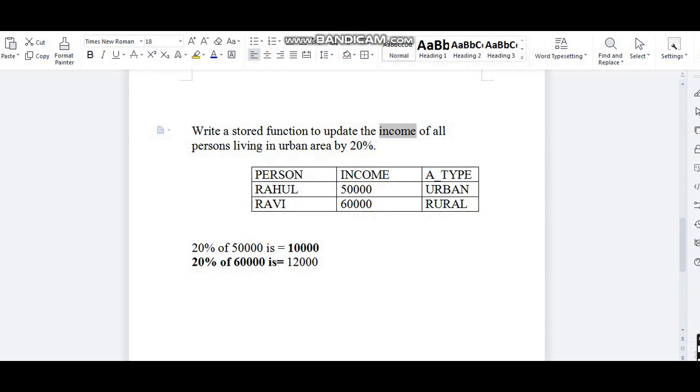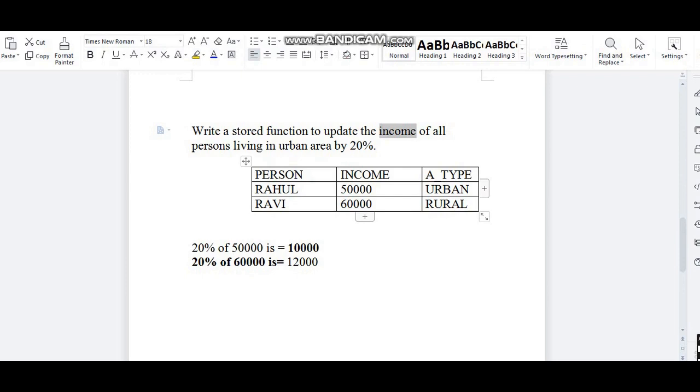One is person and the another one is area. Right. And understand what we have to ask our function to perform. We are telling the function that please update the income of the persons those belong to urban area type by 20%. Now you can see one example I have taken over here. Person, income and area type are the column names or the attributes of this table.